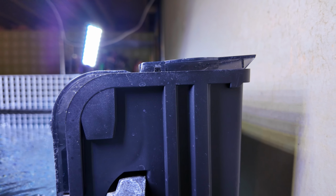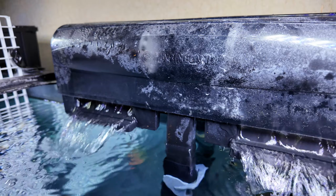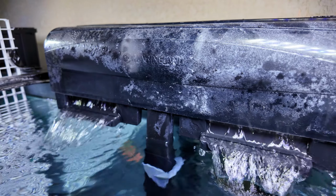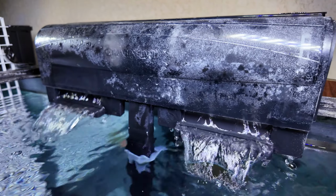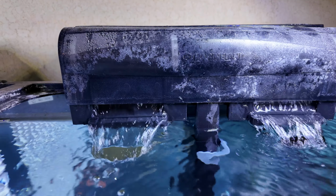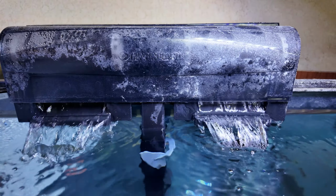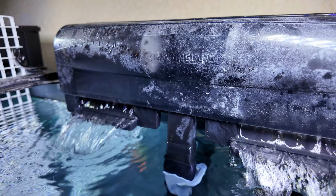If you noticed in my previous videos, I've actually switched up my filters. And this is the MarineLand Penguin Power Filter. And this filter means business. I've actually had this filter before when I was in college and I was breeding flower horns, but it kind of disappeared in all of the mess of all of my fish equipment. It was one of the best fish purchases that I made in a long time, standing at $80.27 on Amazon,